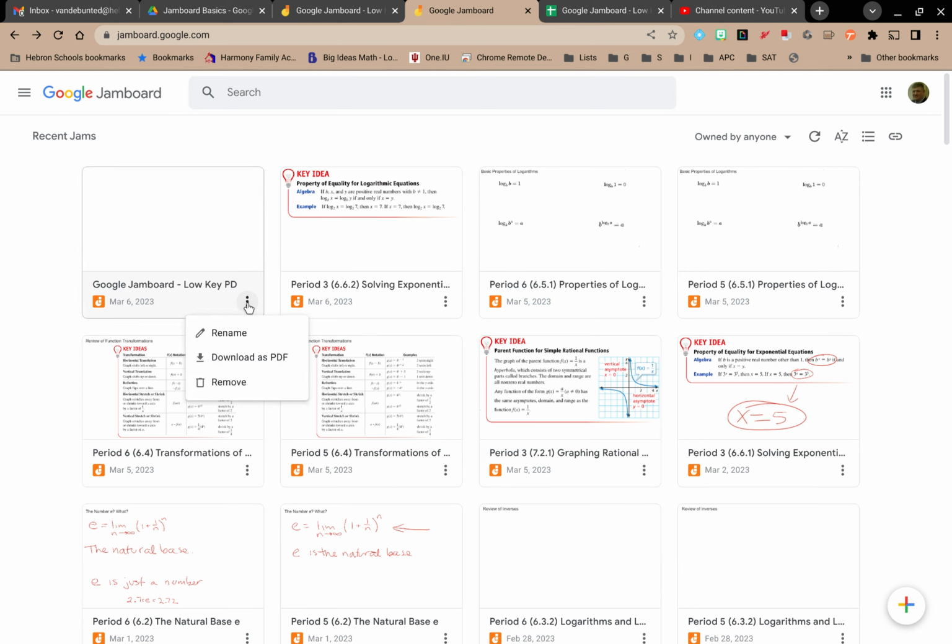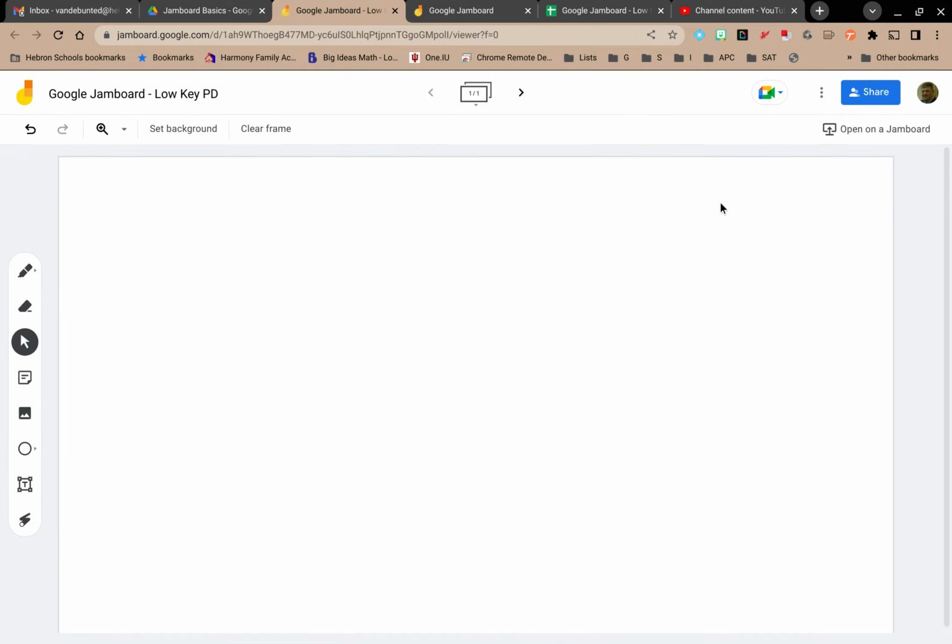click on this menu. You can rename the Jamboard, so maybe you want to reuse it, but you want to give it a different name. You can download it as a PDF. This might make it easier to distribute by email to people who might not be familiar with using Jamboard, or you can just remove it altogether. So you can do some managerial tasks on your Jamboards from jamboard.google.com, or if you happen to have the Jamboard